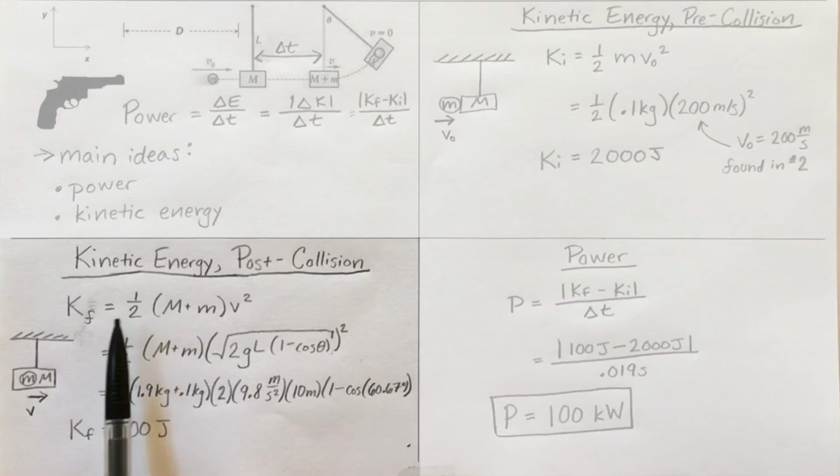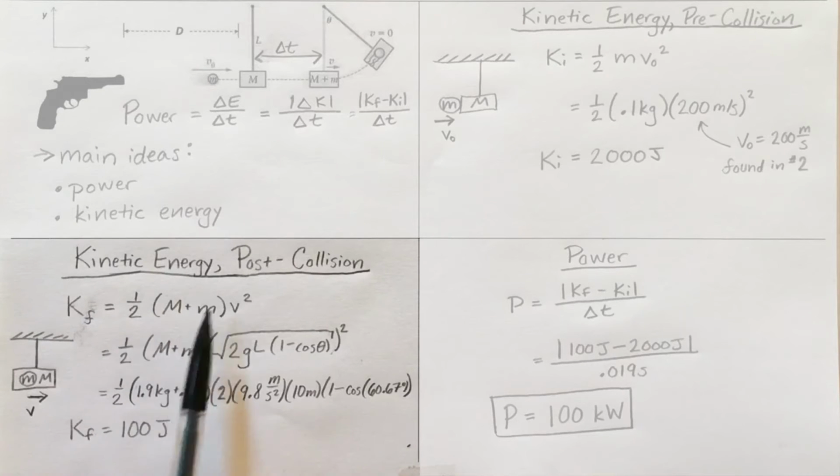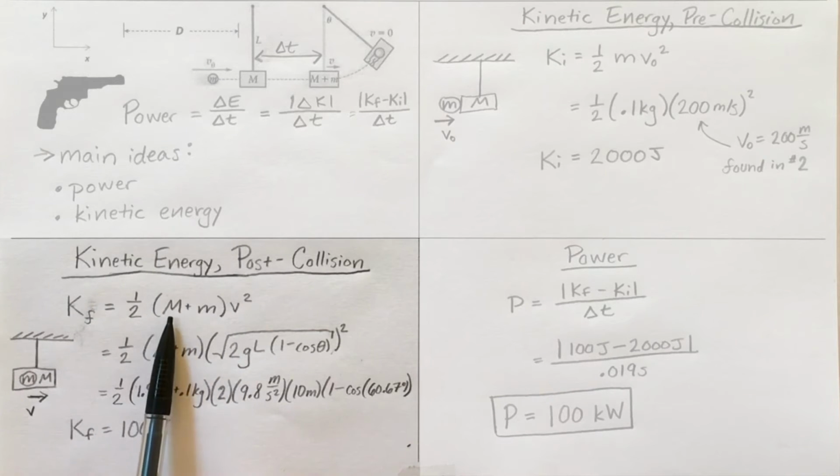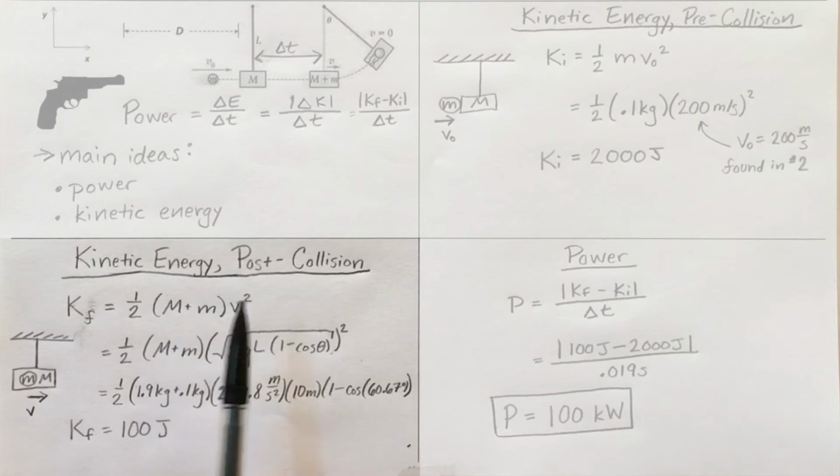The kinetic energy of the block and pellet after the collision is equal to 1/2 times the quantity, the mass of the block plus the mass of the pellet, times the velocity squared. This velocity we found in question 2, so substituting in the expression that we found there and plugging in the values given in the problem statement, we find that the kinetic energy of the system after the collision is equal